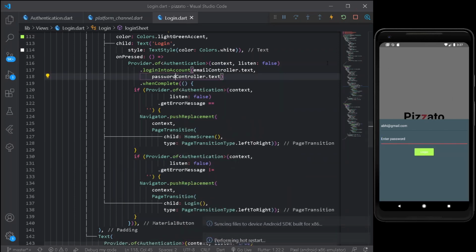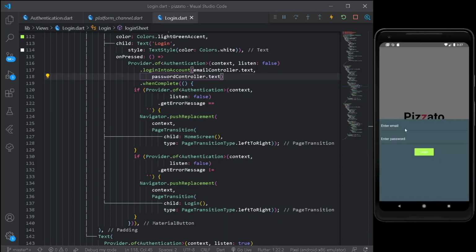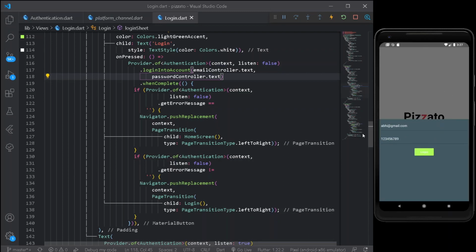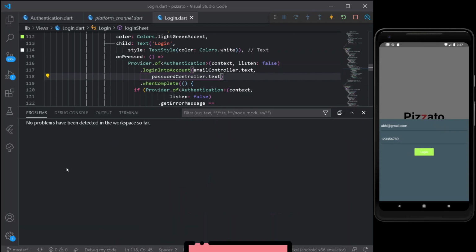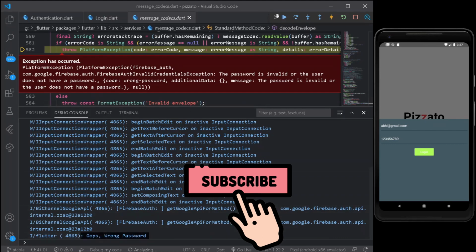let's load our entire application once. I know backend is a very hectic work, but we have to do this. So let's log in. Let's provide here a different password. Let's log in. Under our debug console, let's check it up. Alright, so we have a wrong password here. Oops, a wrong password as I said before.